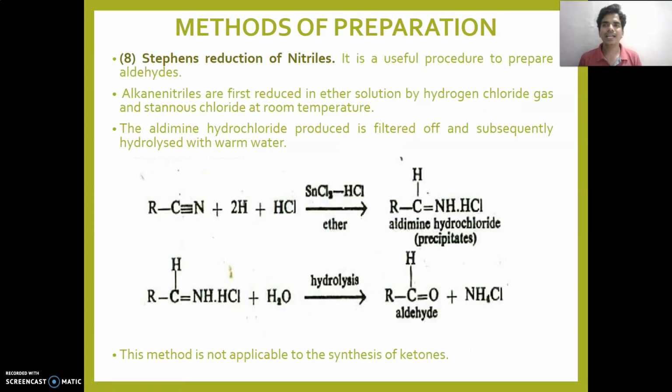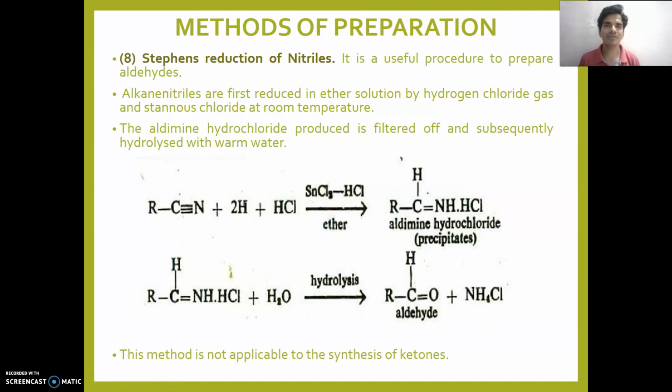Then next is Stephen reduction of nitrile. It is a method of preparation useful to produce aldehyde. So alkane nitriles are first reduced in ether solution by the hydrogen chloride gas and stannous chloride at room temperature. So the aldehyde